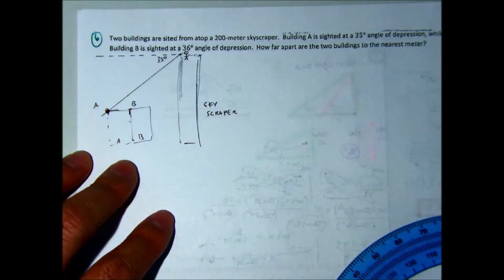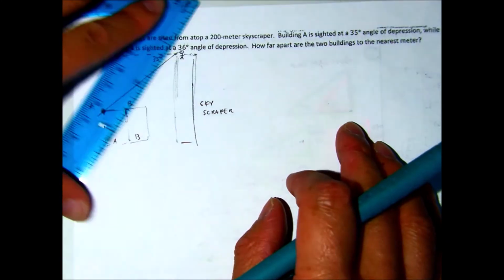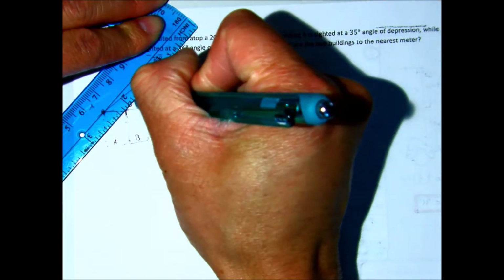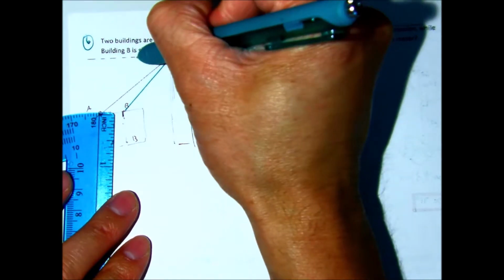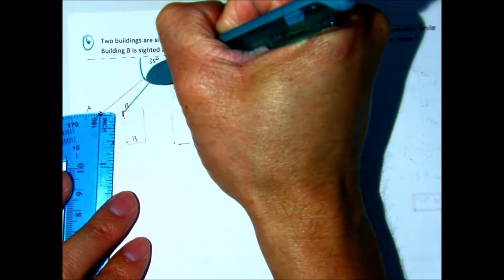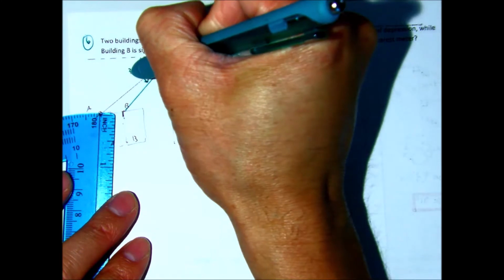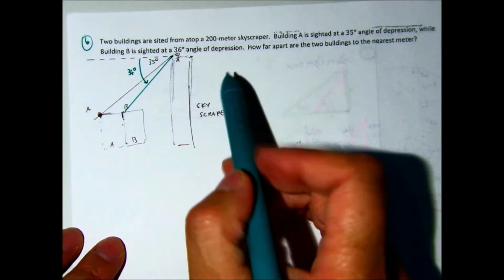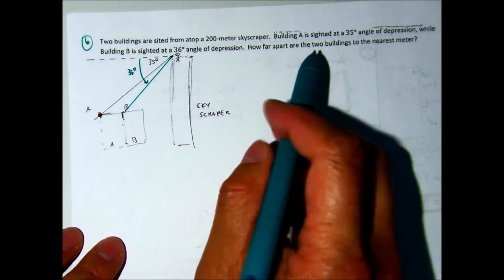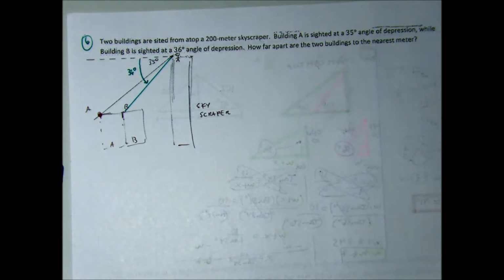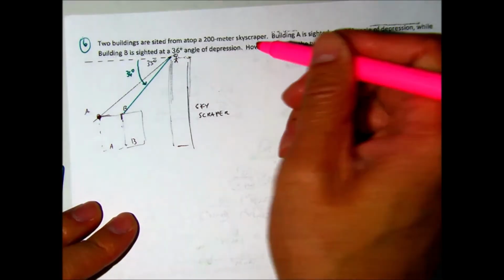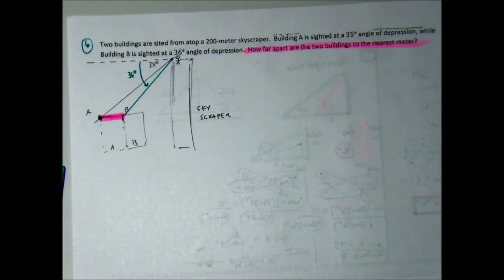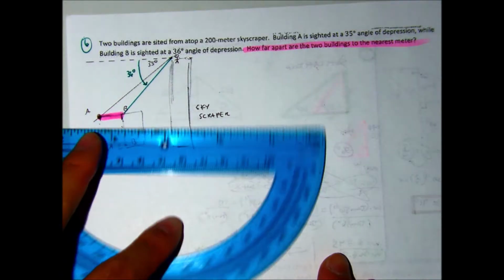While B is sighted at an angle of 36 degrees. So hopefully you can note by colors, this is 36 degrees. How far apart are the 2 buildings to the nearest meter? So let's try to make that a color. They want to know that length. So if you think about the problem, you're not really concerned about,